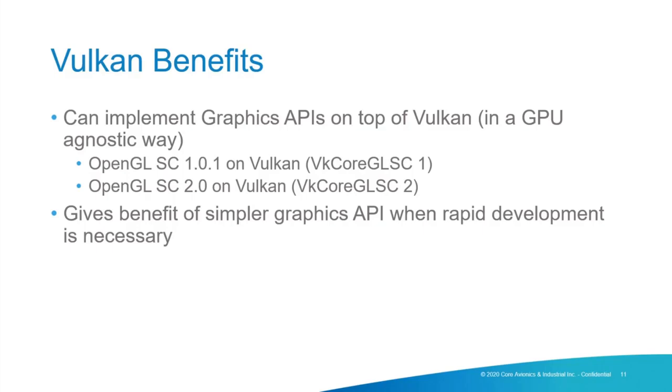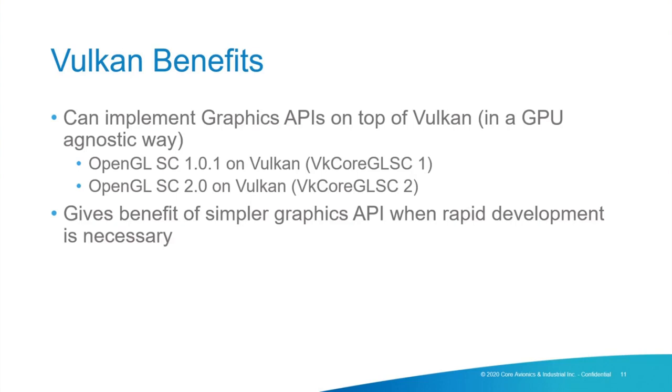perhaps general purpose GPU compute, or if parts of your graphics application are too slow, then you could take an approach of re-implementing in Vulkan and then compositing the results between OpenGL SC2 and Vulkan in a single application. Really, the options are endless. It's a pretty flexible system that allows kind of the best of both worlds, where you have a simpler API to get started quickly with the option of having the full performance and capabilities of the GPU being exposed to